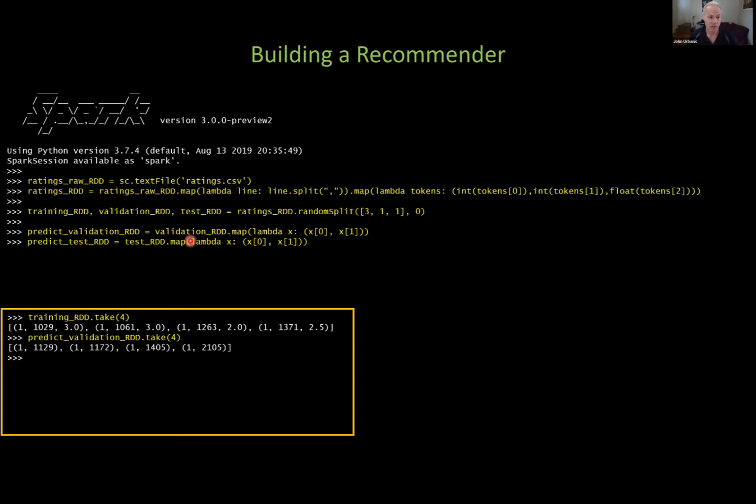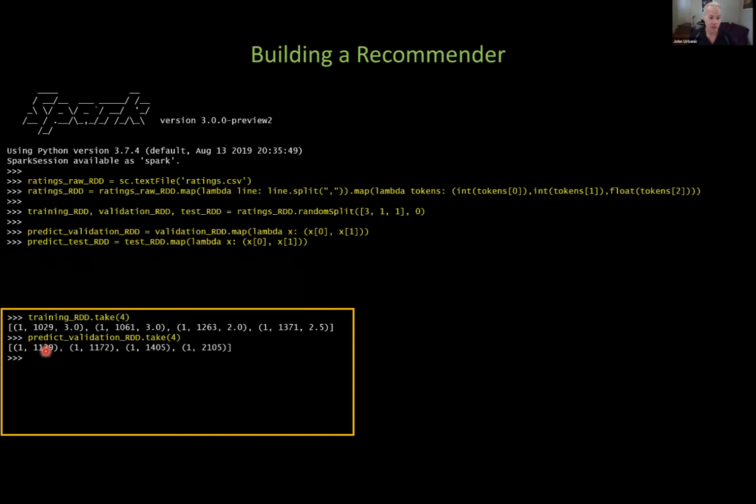Okay, in our case here, we split our data up. Now we've got our validation and our prediction RDDs. And as a matter of fact, when we go back later on to compare against this, our validation RDD, for example, contains data points that we were given, and we know that these users actually have given star ratings. But when we go back later on, we're going to strip out the star rating and see if we can find the right value. So for both the validation and the test prediction RDDs, we're going to drop the rating. This last floating point number, we're going to drop it off of them. So later on, we can ask the system for them. We can say, hey, give me for user 1, give me movie 1129.